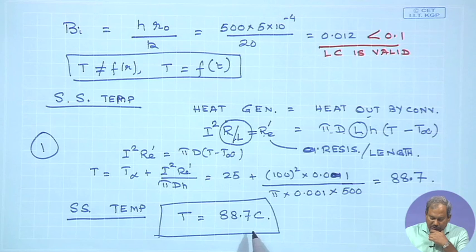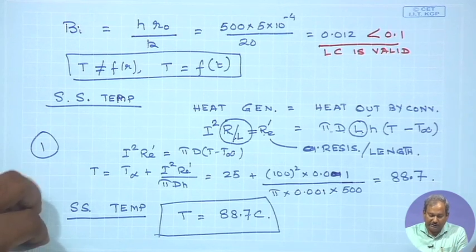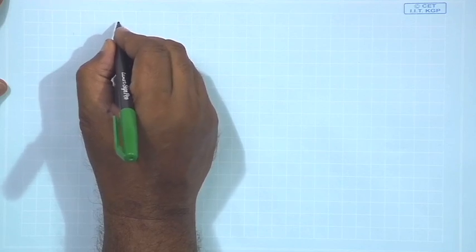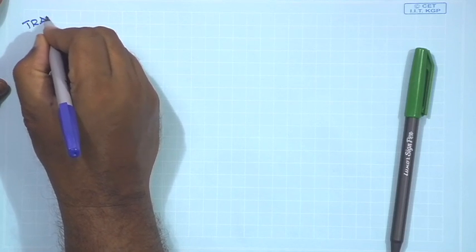So, in the next part we have to find out how much time is needed for the wire to reach within 1 degree centigrade of the steady state value, or in other words, what is the time needed in order for the wire to reach a temperature of 87.7 degrees centigrade. In order to do that, we first have to realize what is going to be my governing equation for the transient. So here we are talking about the transient case,